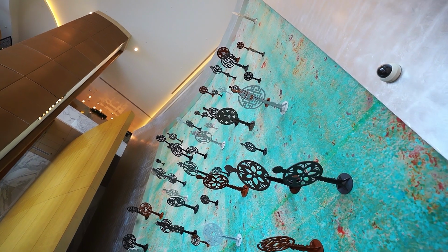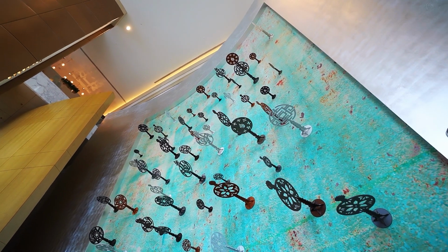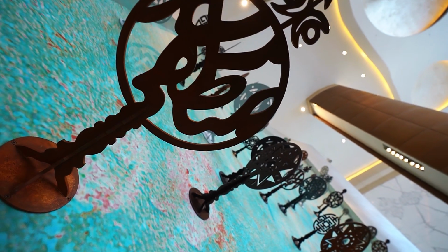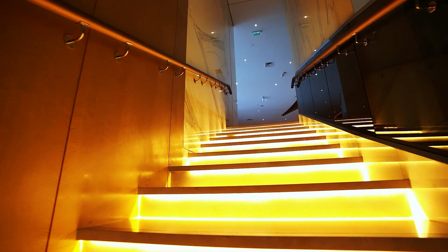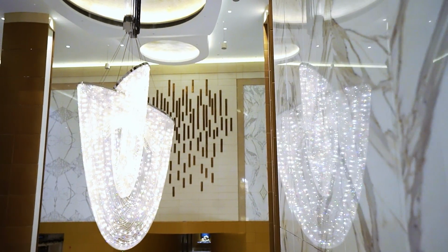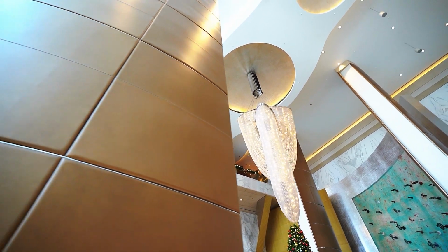Above the reception, we have a panel with keys. These keys represent the religions of different peoples. In this way, we wanted to show that Azerbaijan is a very tolerant country and we are open to all religions and people. Wooden panels, color-cut marble with unique patterns, columns covered with soft leather immerse you in an atmosphere of